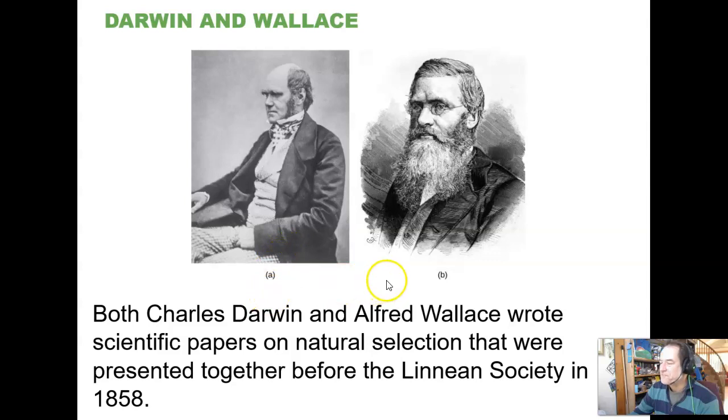Famously, Wallace knew Darwin and knew Darwin's work. He was working over in Indonesia, spent a long time over there, and he sent his manuscript on the change in populations over time due to natural selection to Darwin to see what he thought of it. And Darwin went, "This is exactly what I've been working on all this time." And so he was finally spurred by Wallace sending him his manuscript to finish his book on the origin of species.